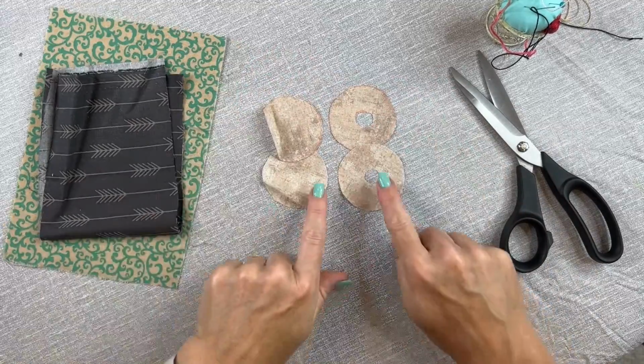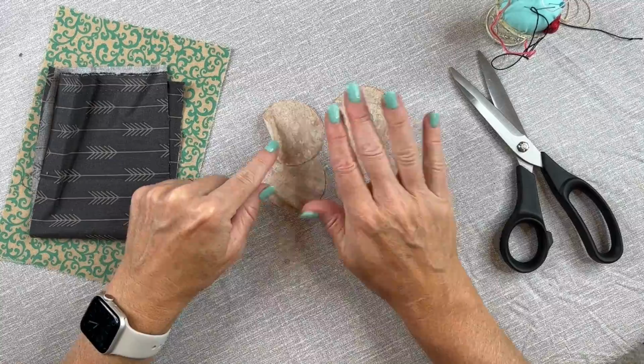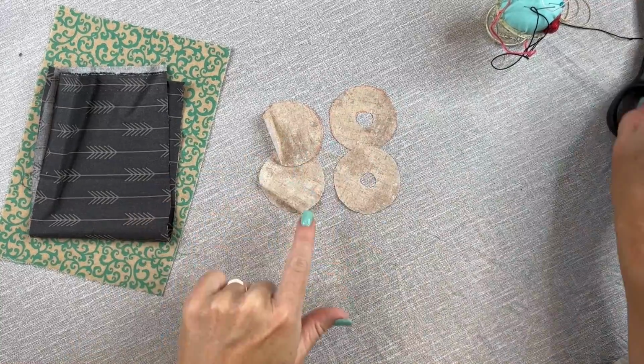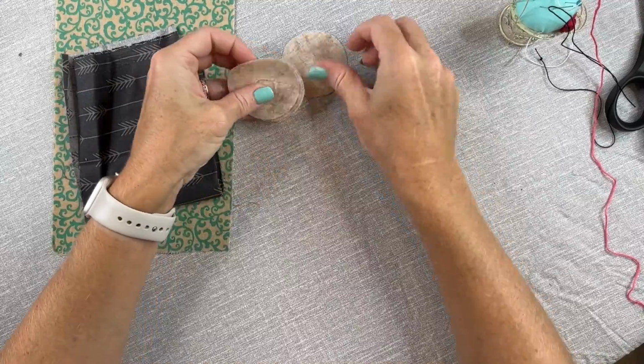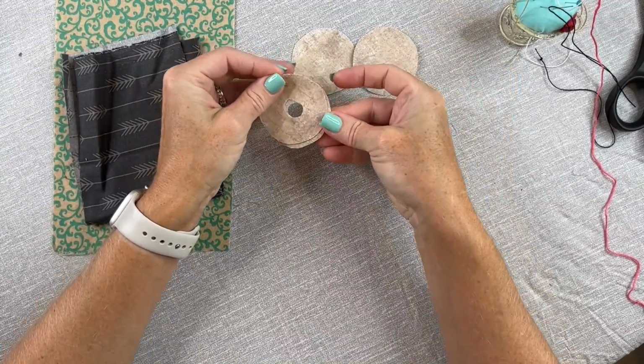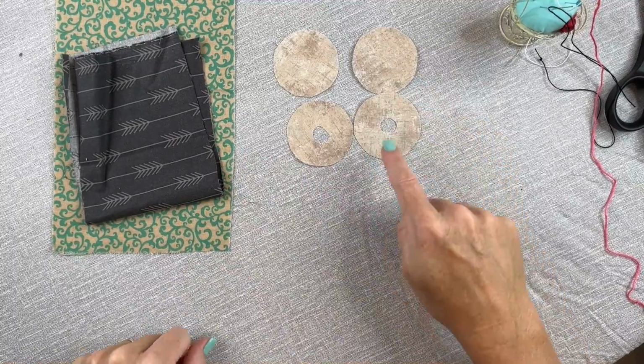Just like that. So I can see here that these pieces really need a good pressing. So I'll just press them, and that will also get rid of the marker at this time. There, that's much better. So now I have my donuts, the donut cake itself, and now I want the bottom